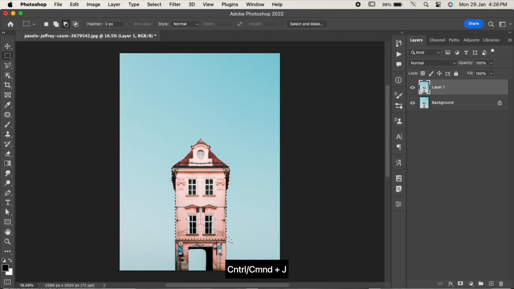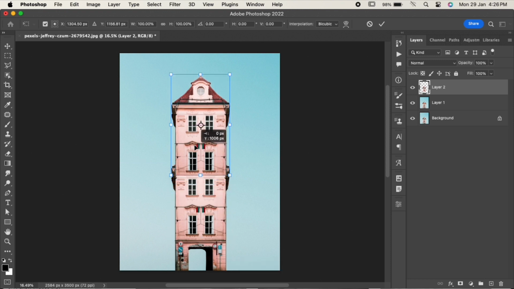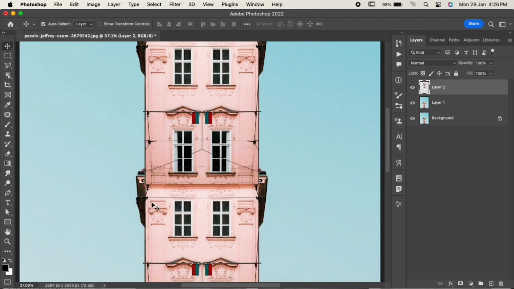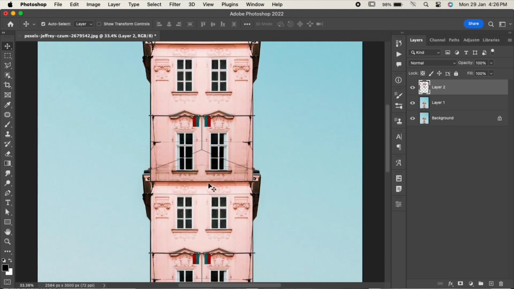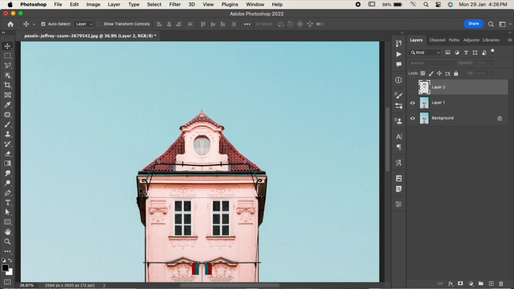Now press Ctrl or Command J and copy the selection to a new layer. Press Ctrl or Command T and adjust it where you want it to be placed. As you can see, the building has been extended, but there are some parts which need to be taken care